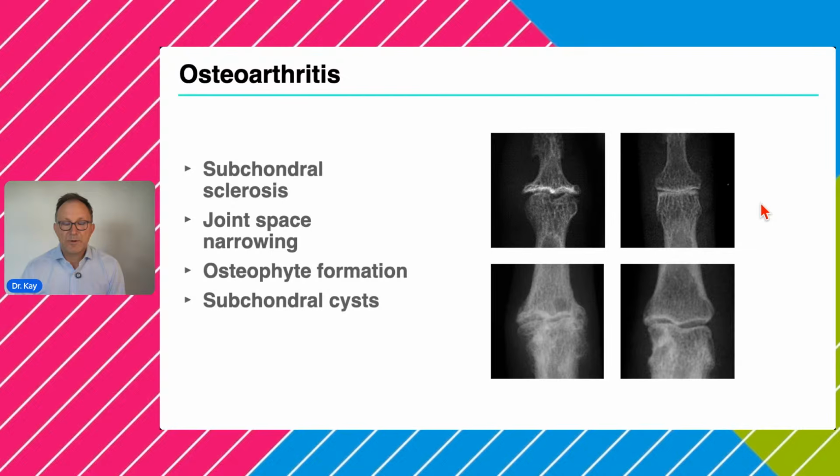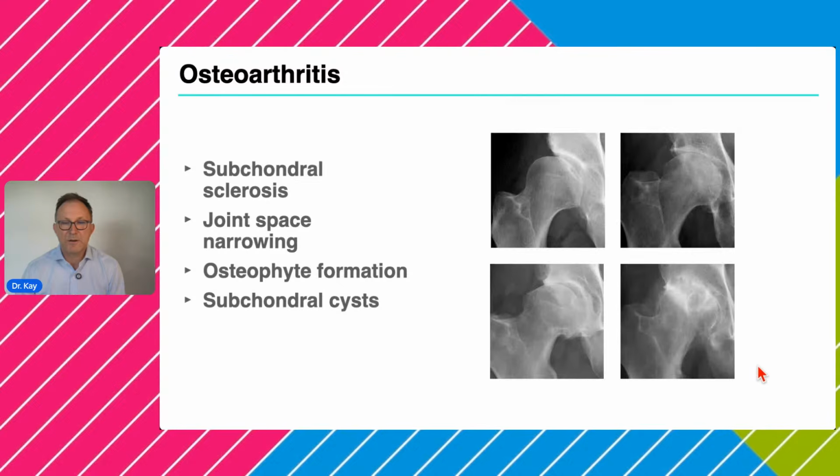Here's an example of the finger joints where we see different examples of subchondral sclerosis, of joint space narrowing. Here we have different examples with cyst formation, different sizes of cystic changes, and here's a lot of osteophyte formation, and here is an example where there's only minimal osteophyte formation and asymmetric joint space narrowing. You can also use it at the hip joints with different,